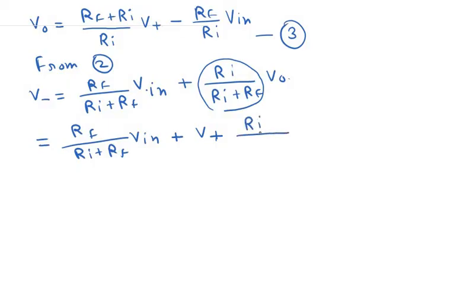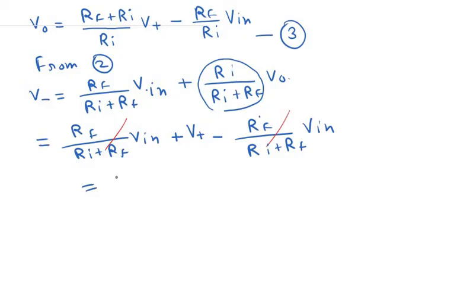And then Ri divided by Ri plus Rf into Rf divided by Ri V in. Sorry, this should be minus here, plus V plus minus. Okay, and then this Ri cancels out, so we are left with Rf divided by Ri plus Rf. Okay, so let me rub this portion and write it. Rf divided by Ri plus Rf V in, and this factor basically cancels out with this factor here.